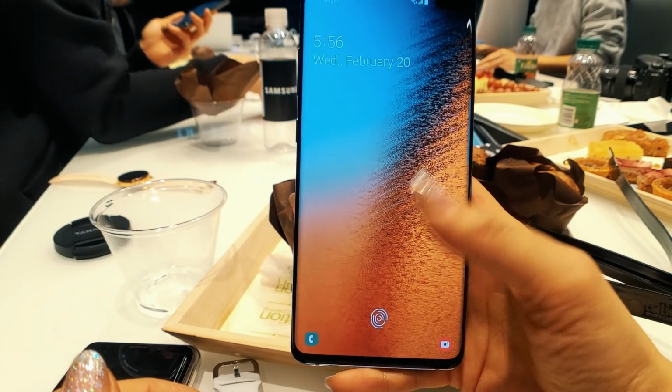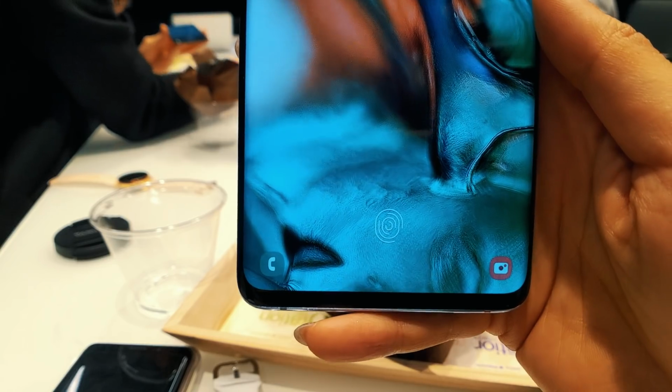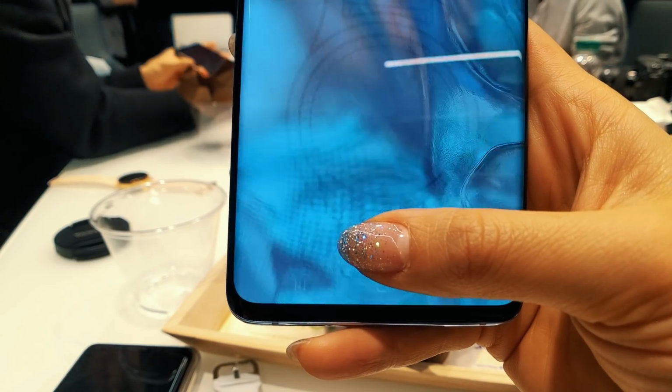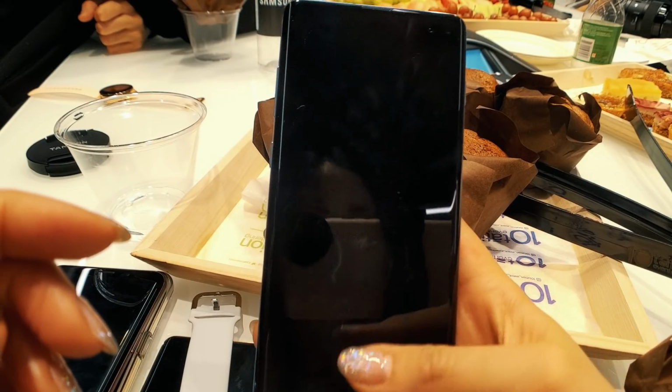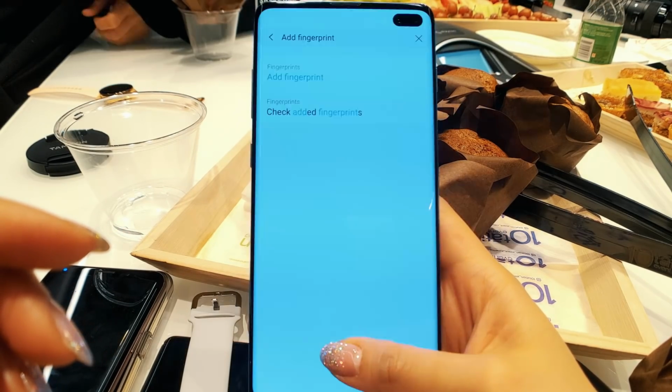Let's talk about the ultrasonic fingerprint sensor. The first thing I noticed when setting it up is that it takes longer and you have to apply a little more pressure. It does work when the screen is off. As you can see, I did struggle a little bit to find the exact location,